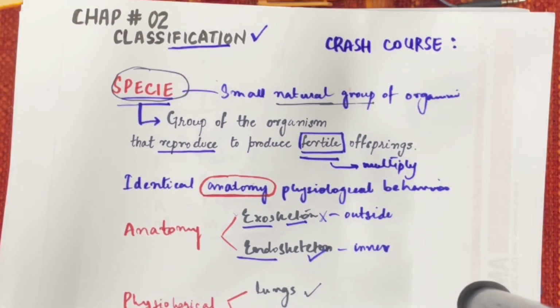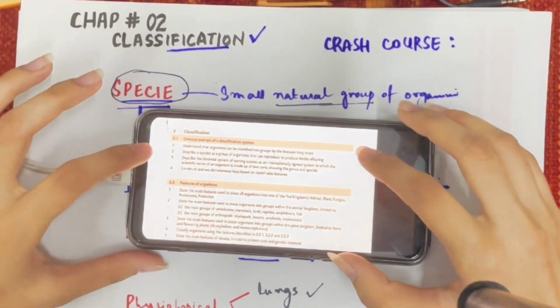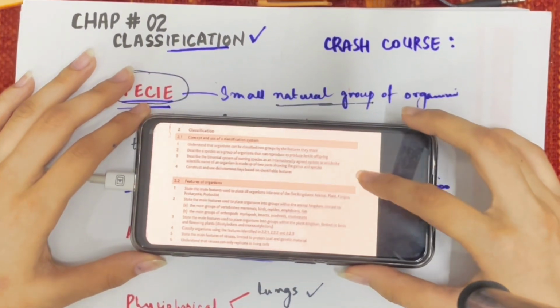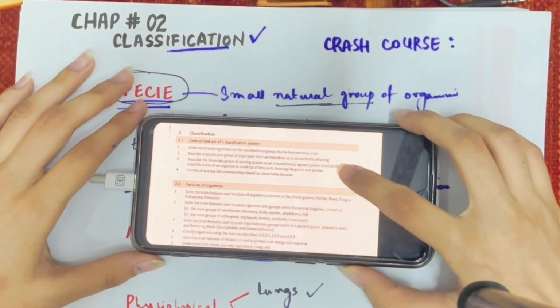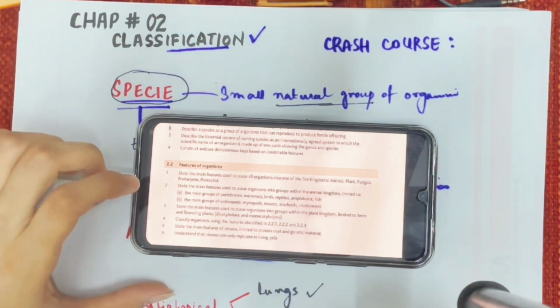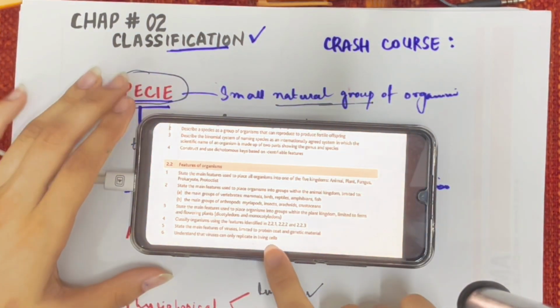In your syllabus, there are 2 pointers, 2.1 and 2.2, that is the concept and use of classification system and the features of organisms. We have covered almost all the pointers of 2.1 and 2.2 also. The last thing that we discussed in the video was to understand that viruses can only replicate in living cells,